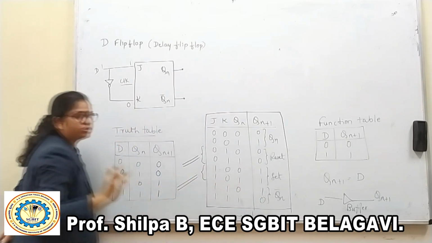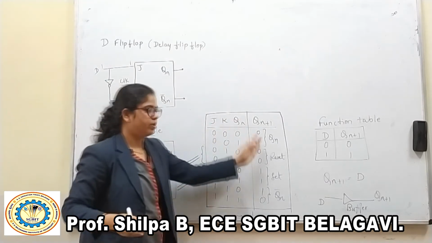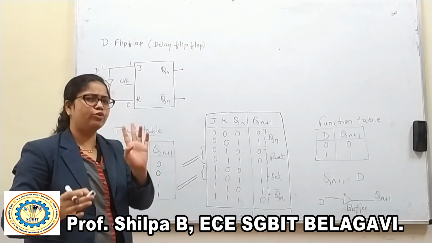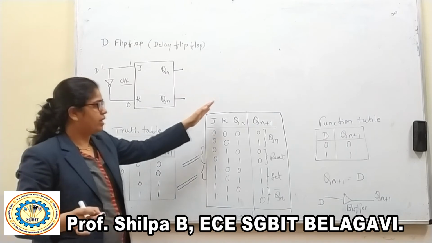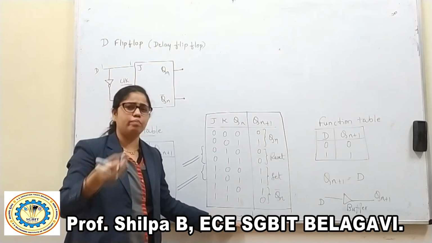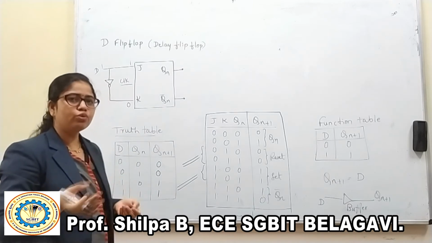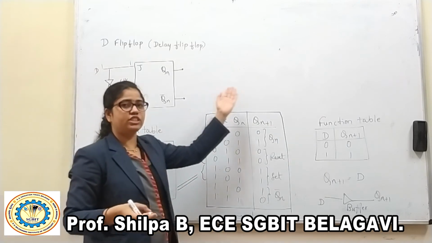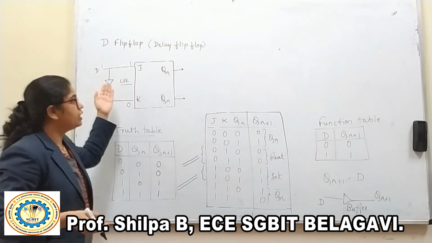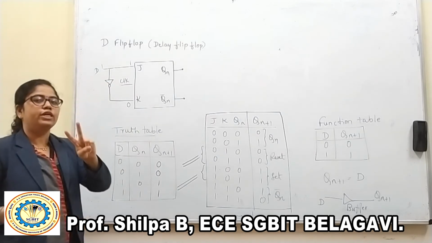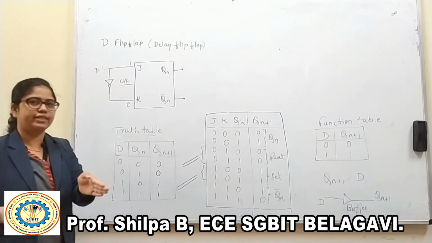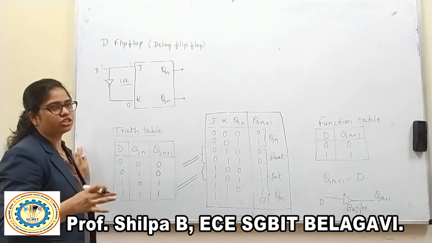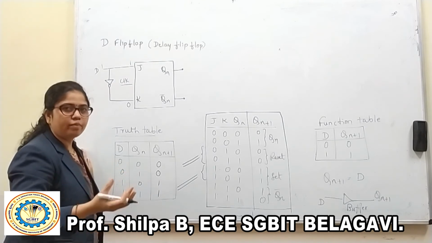1, 1. Okay. So look here, among the JK flip-flop, if you want the circuit to be set or reset, only two conditions. I don't want all four conditions in my circuit. In some applications, you require only two conditions, that is set or reset. In those cases, no need to go for the JK flip-flop implementation. You can directly go with the D flip-flop, because it has only two conditions, the set condition and the reset condition of the entire circuit. Depending on the application, you can decide which flip-flop is better to implement.